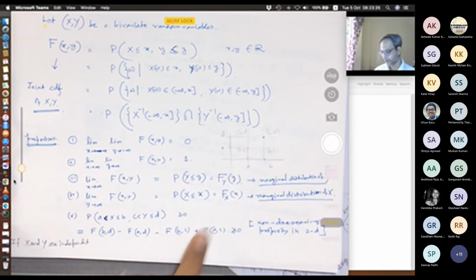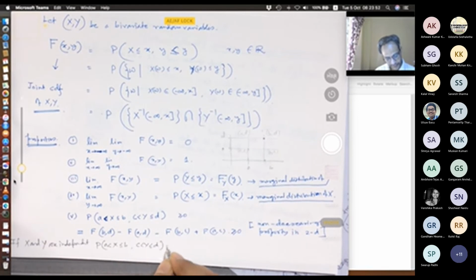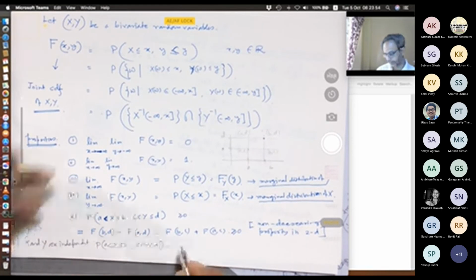So you will get this thing, probability a less than or equal to x less than or equal to b, c less than or equal to y less than or equal to d. You can write this entire thing in this way: